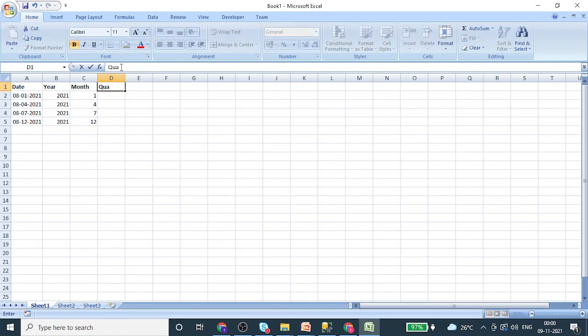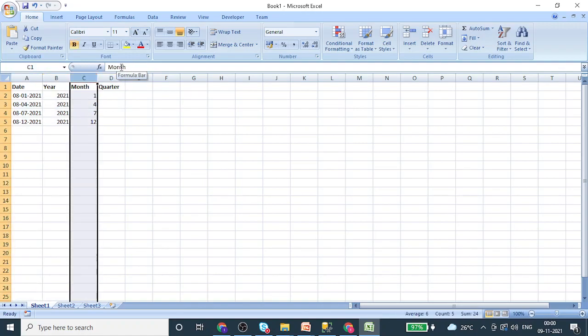Now we have another field, quarter. Now we need to decide, based on this month, out of this date we extracted year and month. Now based on this month can we extract the quarter? So for that purpose we can use a switch activity to look out for that scenario. So let's suppose if it is less than or equal to 3,